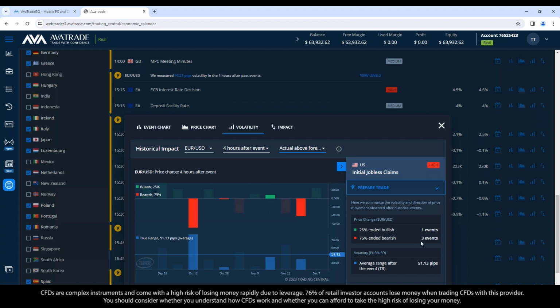So three quarters of the time it dropped, and when it dropped, on average, it was a much larger movement down in the four hours following the announcement, a near 51 pip range movement compared to any negative movement if you had been selling here. So 75% of the time it dropped, and 50% of the time it dropped quite large. And the times it didn't drop, it went up very little.